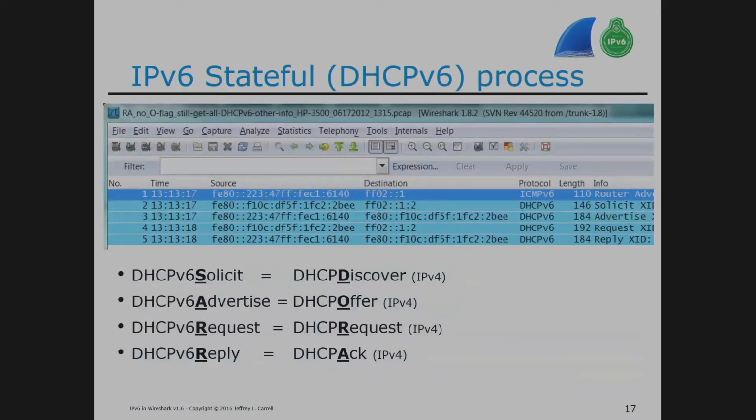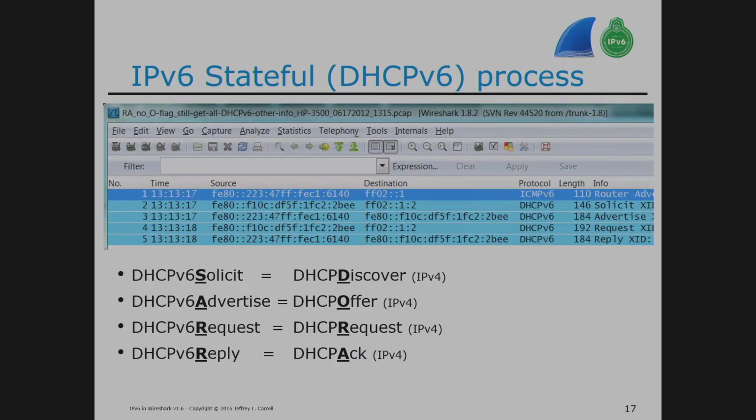The DHCPv6 process is similar, just a different acronym. Instead of DORA, it's SAR. All right, solicit, advertise, request, reply. I send out a multicast message, an on-link multicast, looking for a DHCPv6 server to reply. Whether it's on link or my router is doing DHCPv6 relay, I don't care.